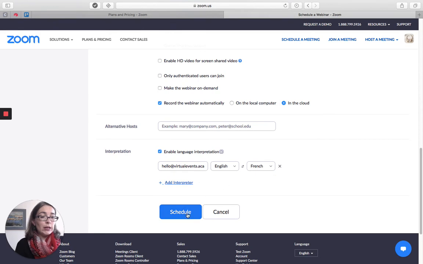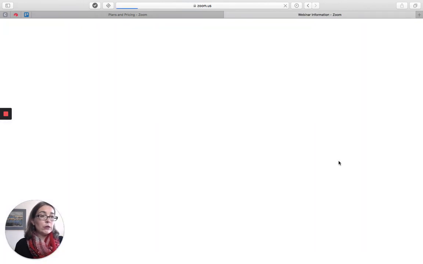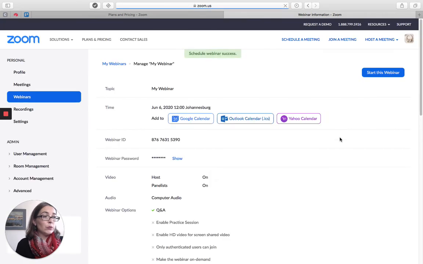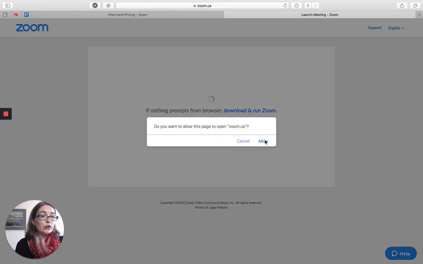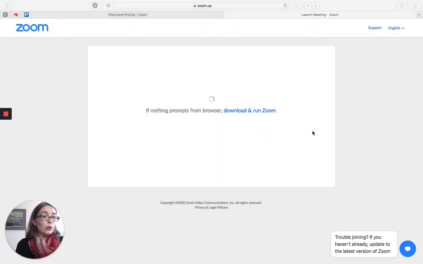Just before you click on schedule, make sure that you've agreed with your interpreter on the meeting, on the time, because as soon as you schedule the meeting here in the system, the interpreter gets an email from Zoom with a link that you can click to access the meeting and be able to translate during the meeting. So make sure you've got those arrangements beforehand, and then you can schedule the meeting as you normally would do. I will start it straight away just to make sure that you know how to enable the function inside the